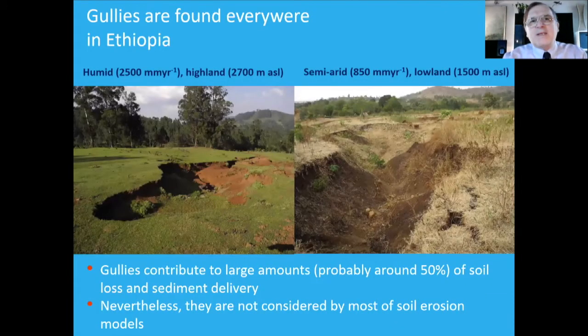The study is conducted in Ethiopia, northern Ethiopia, in the Blue Nile basin. In Ethiopia, however, gullies are found everywhere. They are found in humid highlands as well as in arid or semi-arid lowlands. Nevertheless, although gullies are contributing a lot of sediment to the river system, they are not commonly considered in